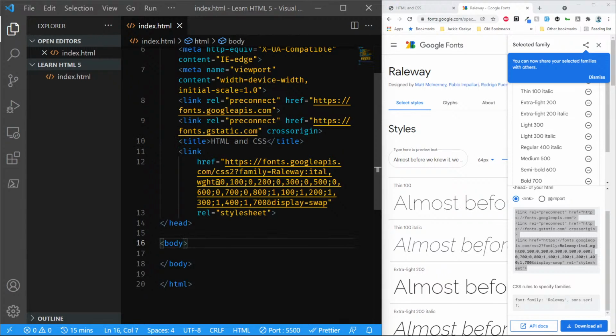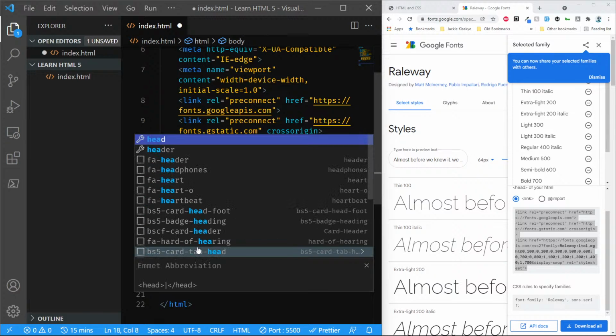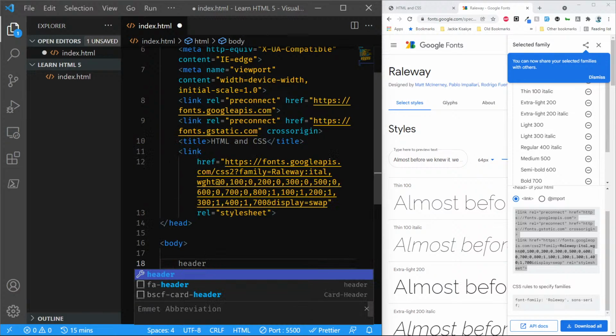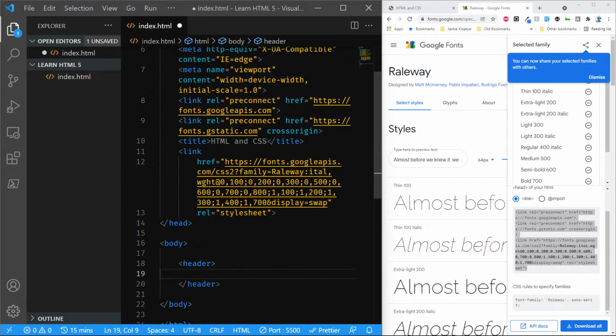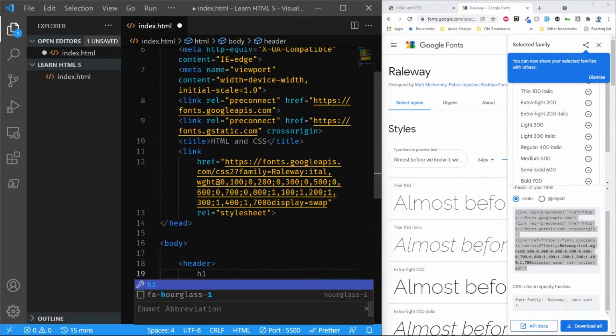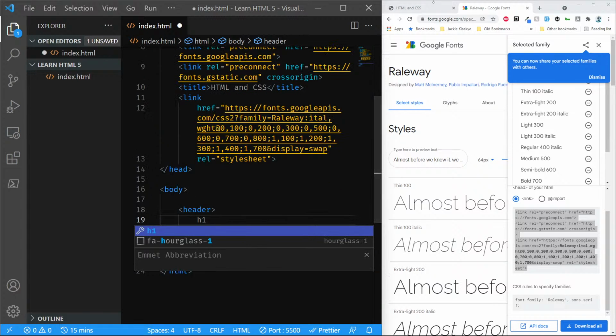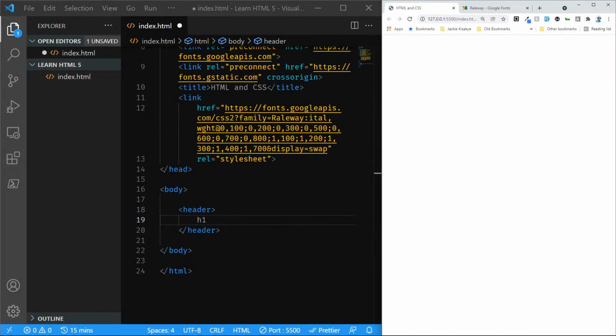Let me have in my body section, let me create a header, and then I have in my header an h1. Let me have this here, h1, and my h1, let me call it